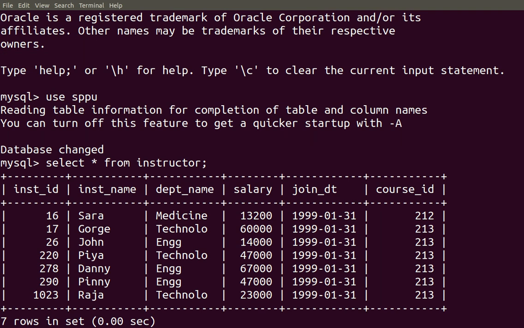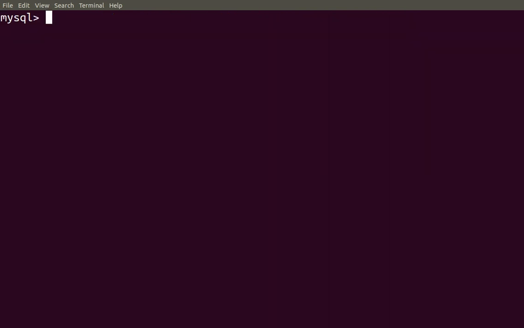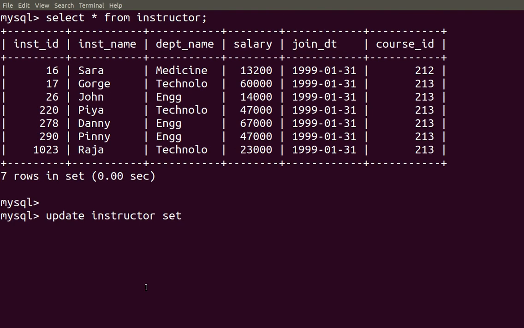to update the record. So how can I update a record on the instructor? So I'll clear, and for the instructor update, the table name is instructor. Update instructor set, I have to see the columns. Okay, I will be setting the instructor name.